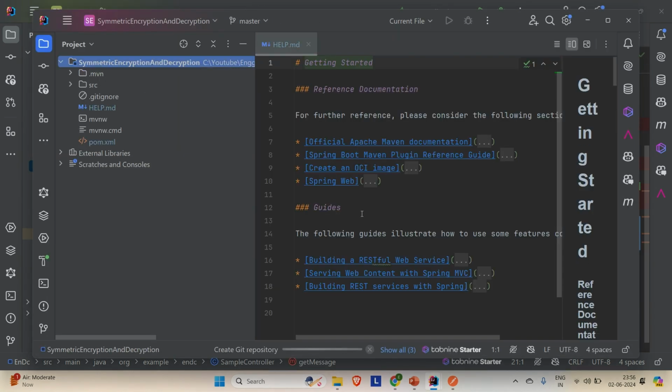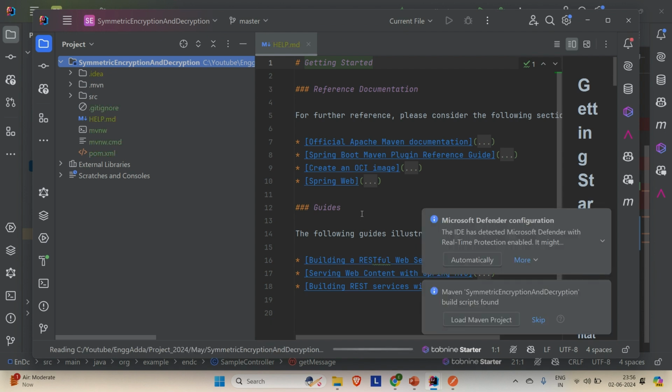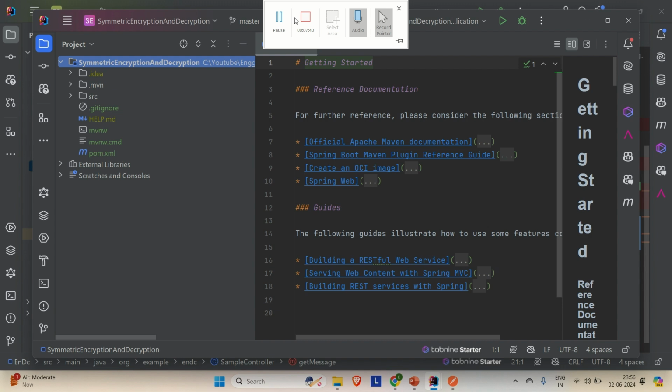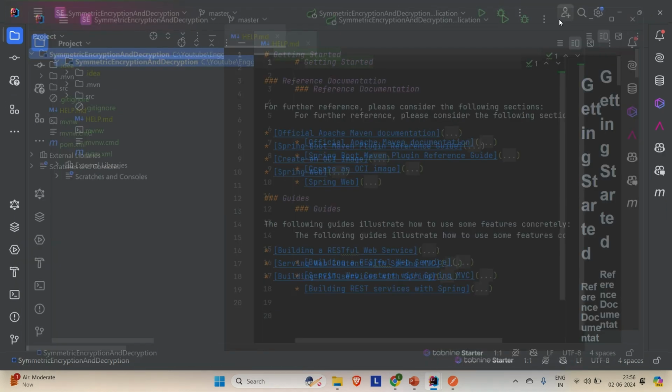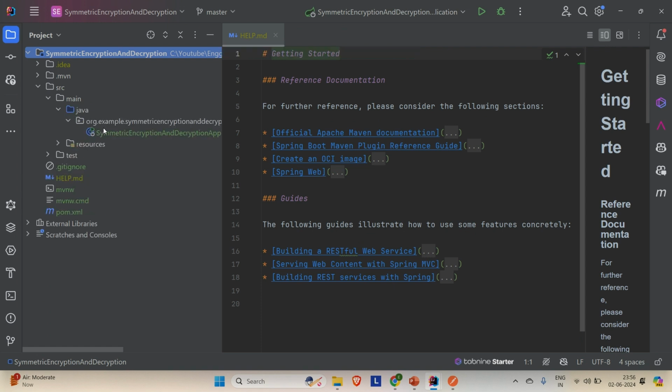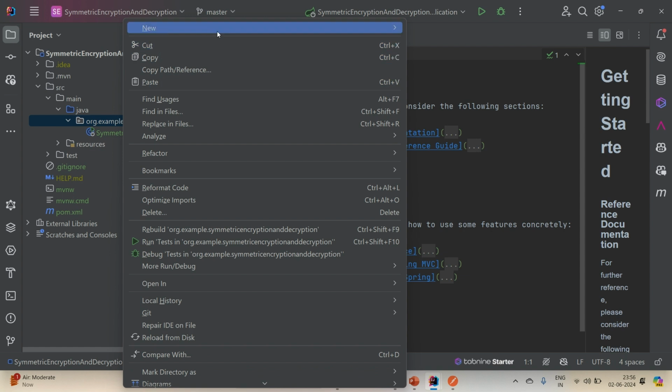Now it will take a few seconds to download all the necessary dependencies that we have added and configure your application. So just wait for a few seconds before starting the real development. Okay, so just wait here. Okay, I think we are good for the development. Just go to src main java, and here we are going to create